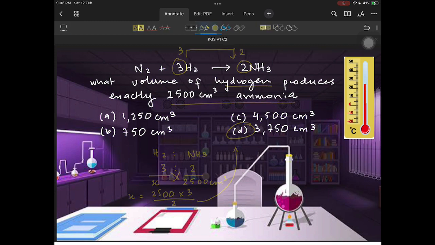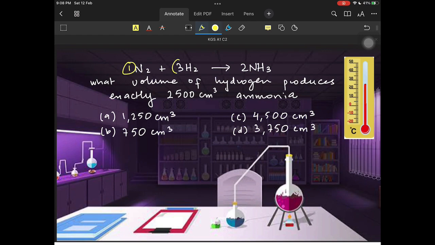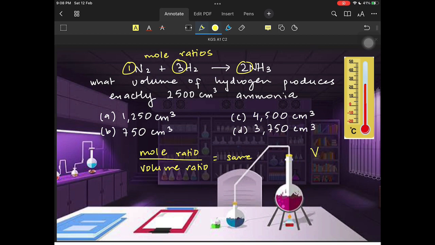Let's pick on the idea that whenever we have such scenarios, we do the same working every time. For example, the mole ratio in this scenario was given to us through the equation, and the volumetric ratio we developed. So mole ratio and volume ratio are the same. We don't have to do the entire calculation for 1 mark questions or MCQs. We can simply use this value and we get the answer, where we put the volume on one side of the fraction and the mole ratio from the other side of the equation. And it is applicable to all gaseous equations. Mole ratios, right? So I hope